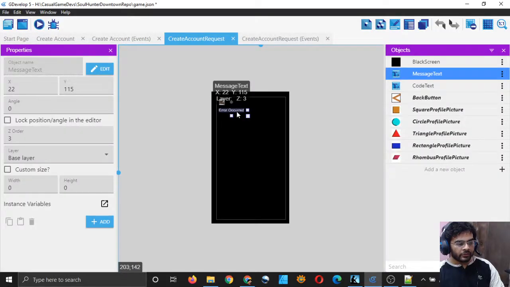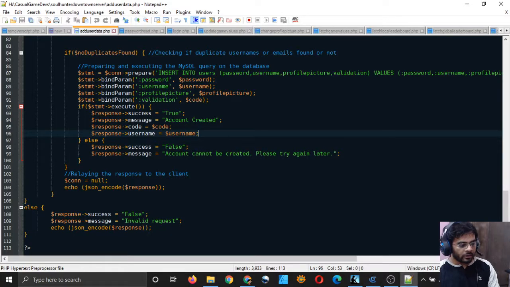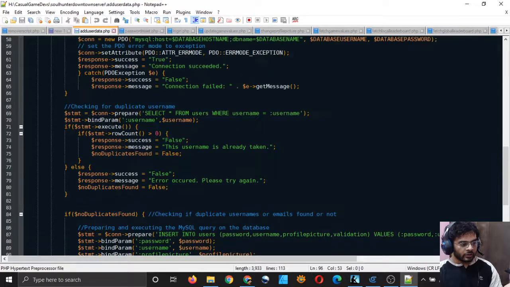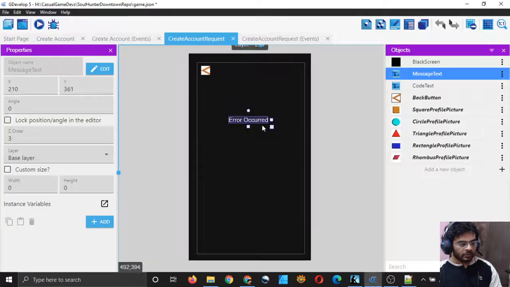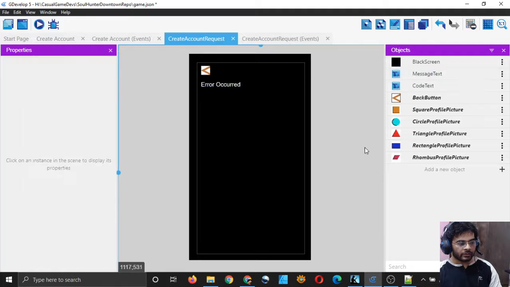And you can put this in the middle also, there is no problem with that, because it will only have the message account created or account cannot be created, please try again later. So only these messages will be present in the message field of our response variable. Or maybe you can just put it here, there is no problem with that.